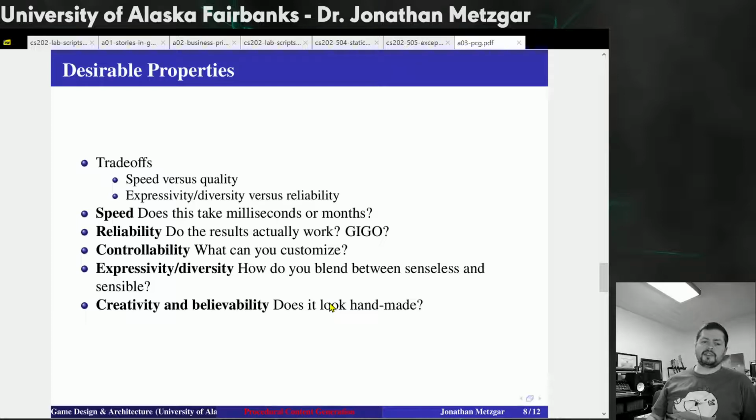that's expressivity and diversity versus reliability. So we know that with the original Rogue game, it's very reliable, but as far as being in a completely different environment every single time you go up or down, that of course is not really the case. So speed is, does this take milliseconds or months? All right, so